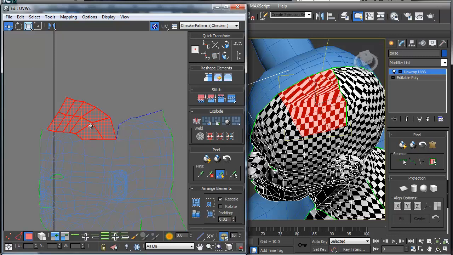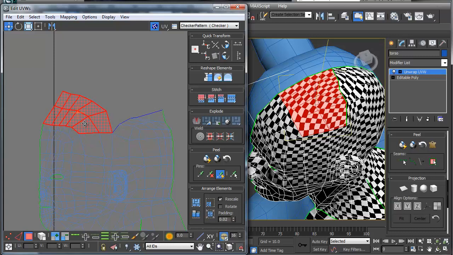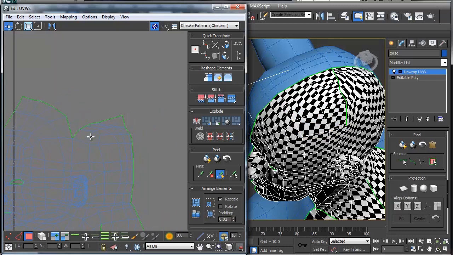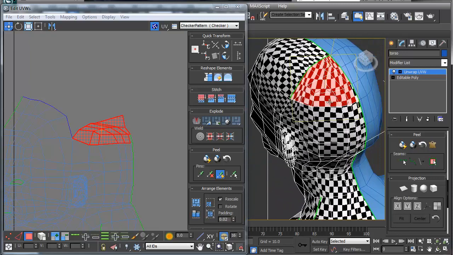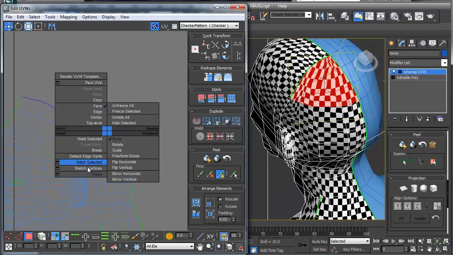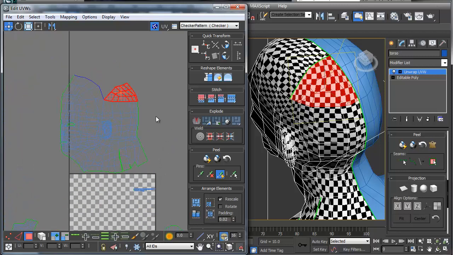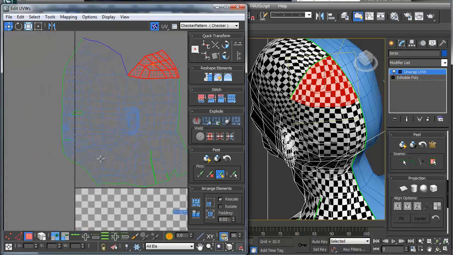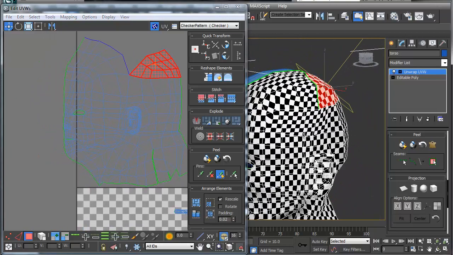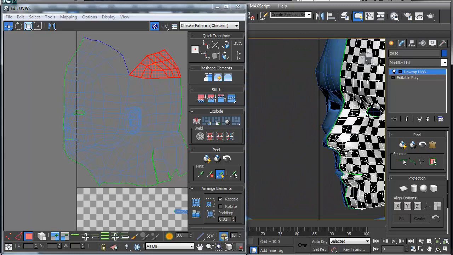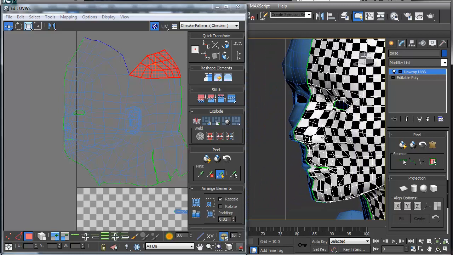Let's relax this. I'm going to just move this up here, and that looks okay. Go back and grab these pieces here. And it looks like that's good. Let's relax this. So, like so. The nose is another thing you want to really be concerned with, but it looks like for the most part,